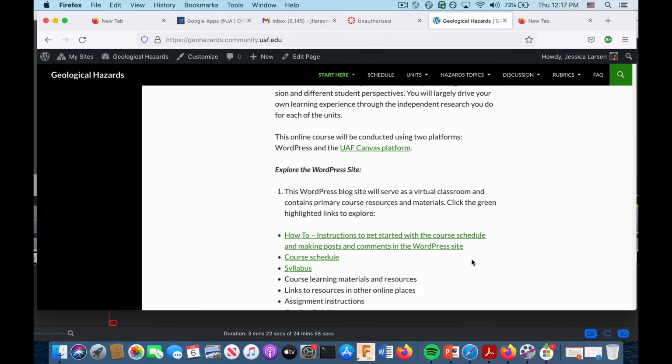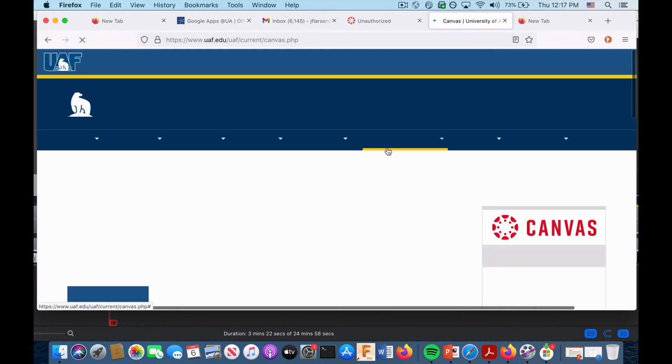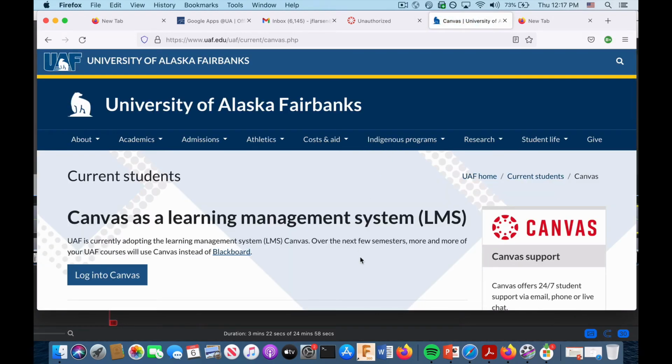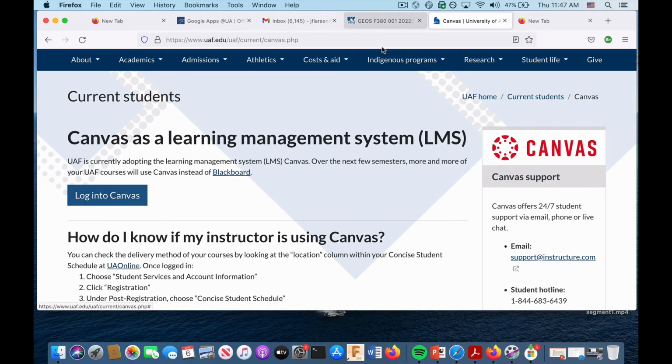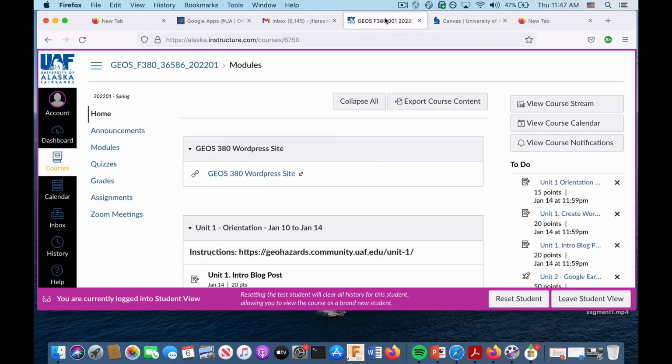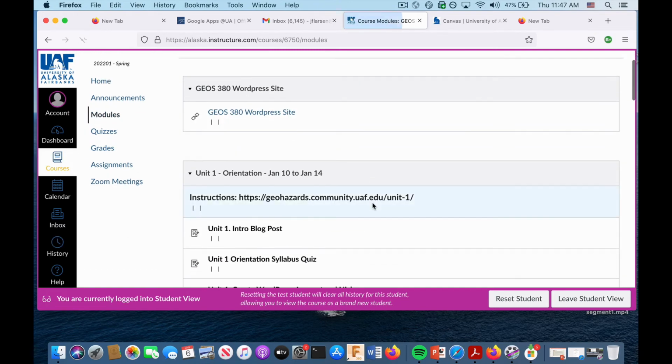When you're ready to upload something to Canvas, it's really easy. If you go to the Start Here page, there's a link to the UAF Canvas platform. If you click on it, it's going to take you to something that looks like this. You're going to log in, and when you're logged in, you're going to get something that looks like this for the course. I logged in using Student View. Here's all of the things I was talking about before. Click on the modules and you will see the modules are arranged by